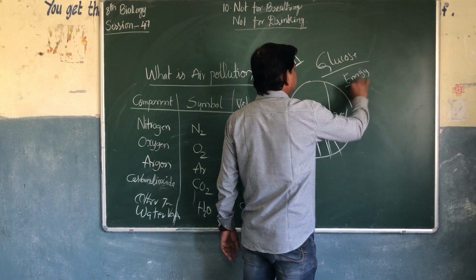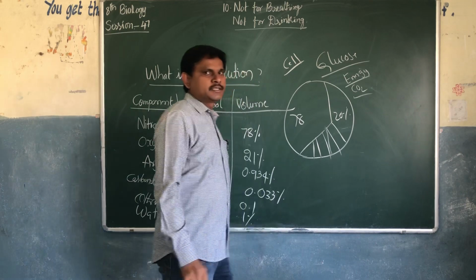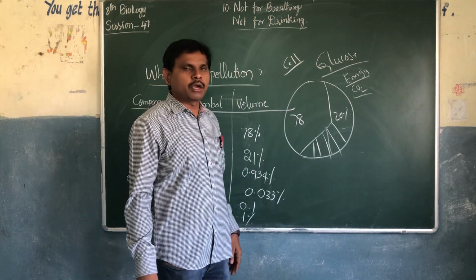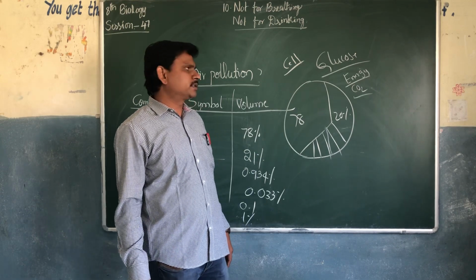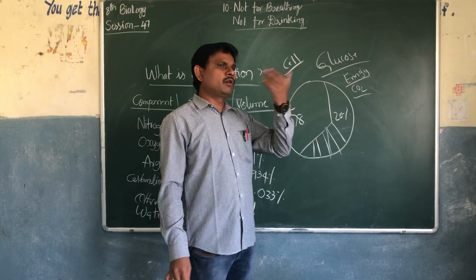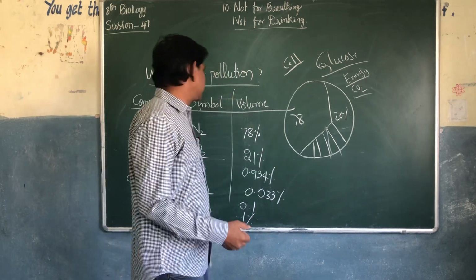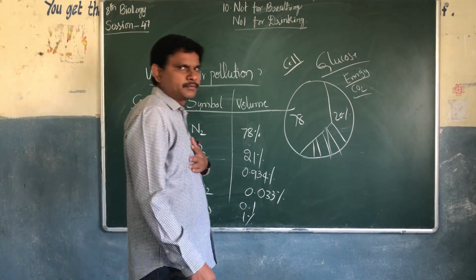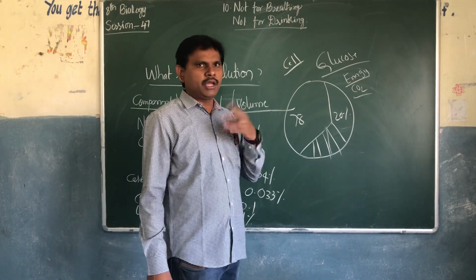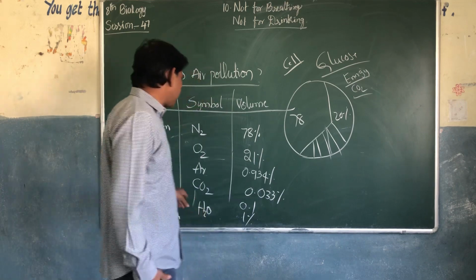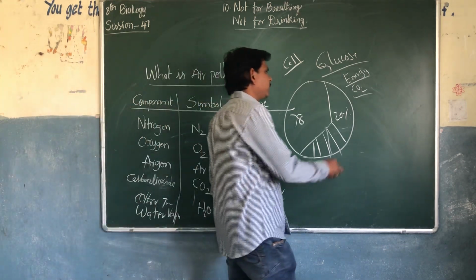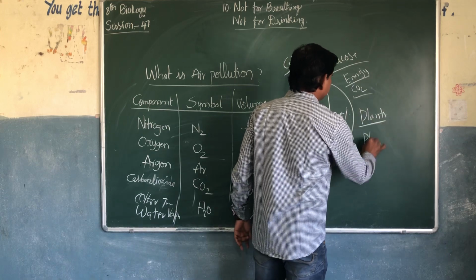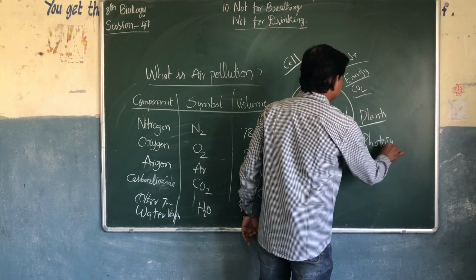Carbon dioxide is released. This energy is utilized for daily activities. Some energy is stored in mitochondria in the form of ATP, adenosine triphosphate. This carbon dioxide goes away in the exhalation process. Then what about carbon dioxide? When we breathe in, we take oxygen. When we breathe out, we release carbon dioxide. This carbon dioxide is very useful for plants for photosynthesis.